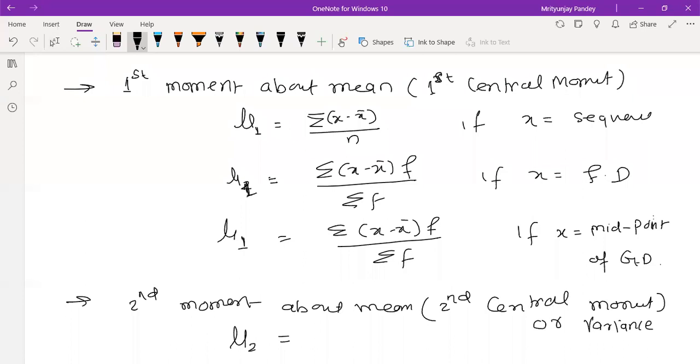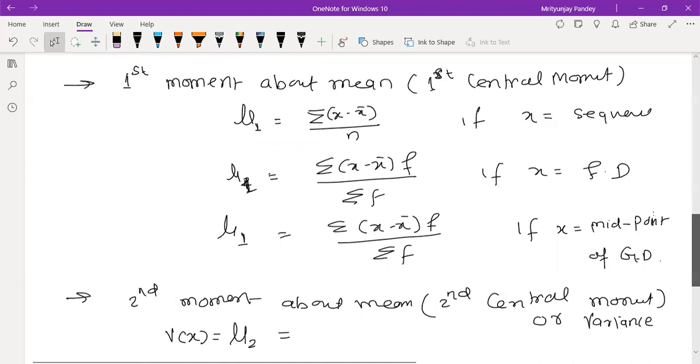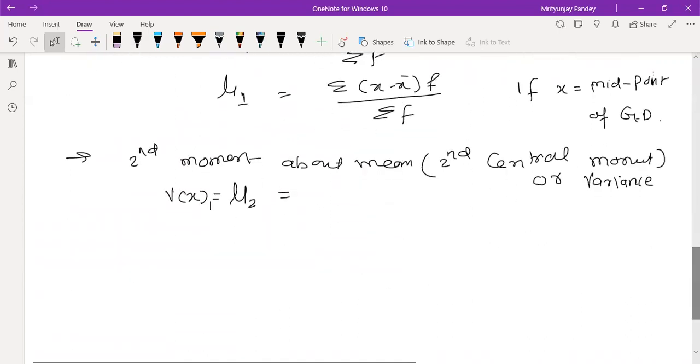Second moment about mean, second central moment, and the third name is the variance. That's why there are two notations, mu2 as well as V of x, because this is also called the variance. So just substitute r equal to 2, then we will get the second order moment,